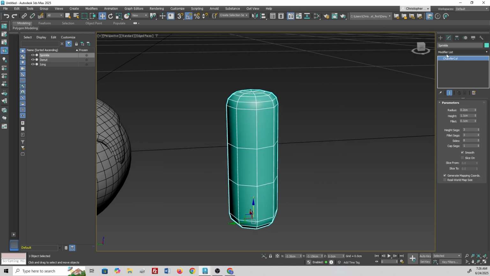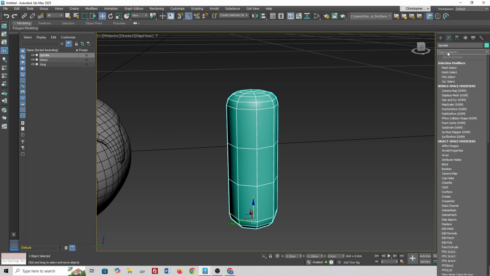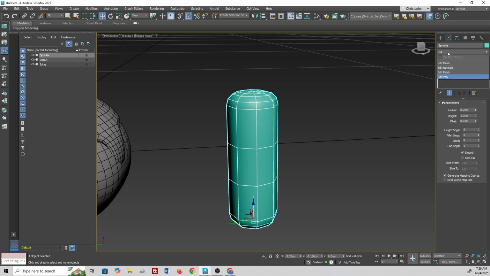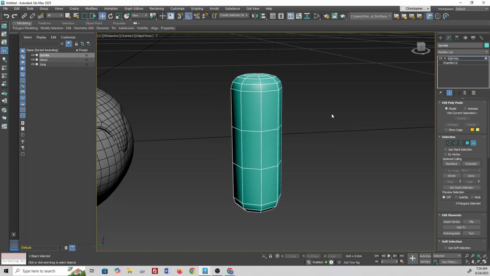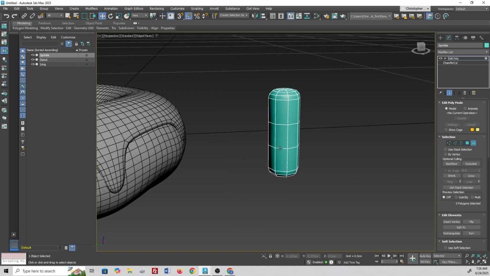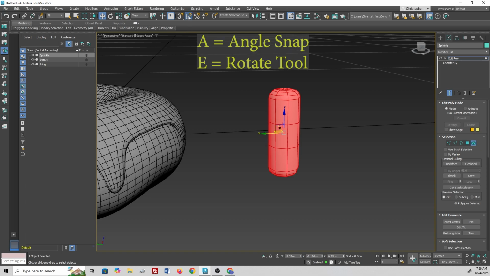Now, with this selected, we're going to add an edit poly modifier to it. And we're going to press 5 on the top row number keys. That's going to give us our element selection. Go ahead and choose that